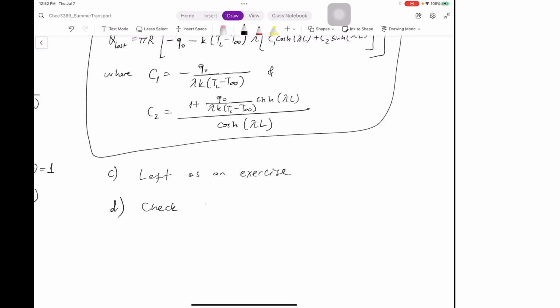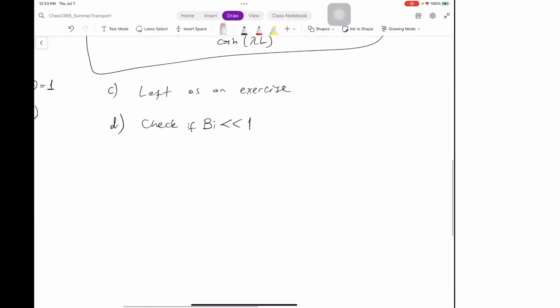So we are going to check the Biot number, and check if it's much, much less than 1. If it's much, much less than 1, that means that the cylindrical rod is so conductive that you can neglect the internal heat transfer resistances, so that you can assume a uniform temperature profile along the r direction, but not along the z direction. So I'm going to calculate the Biot number,